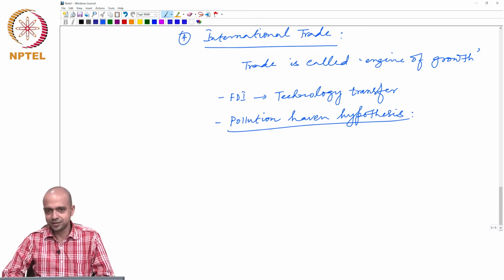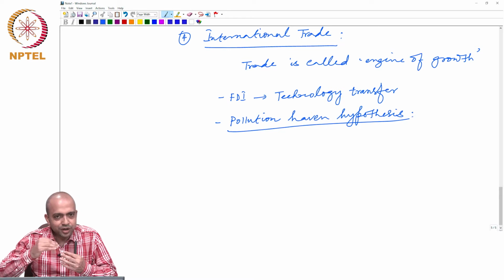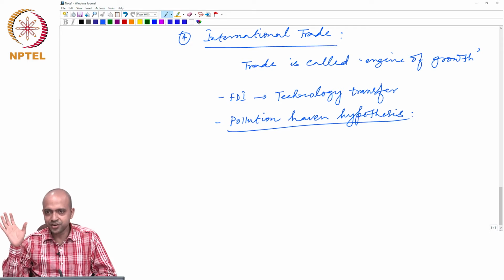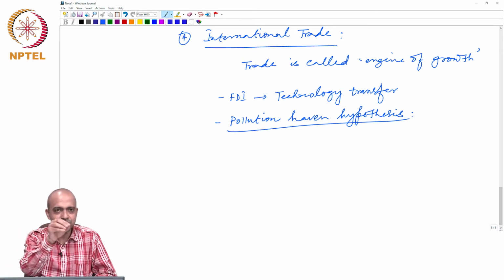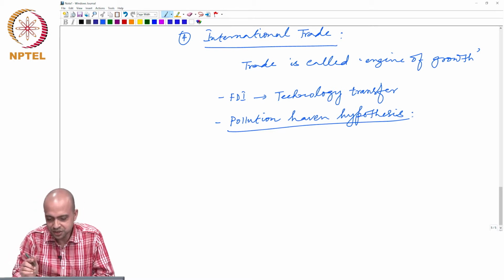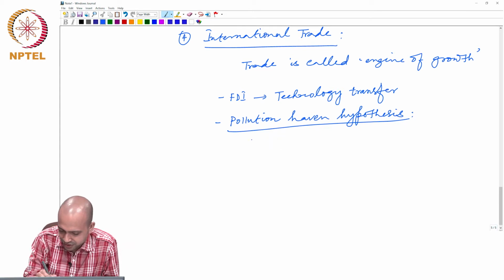On the other hand, developed nations have already achieved a certain per capita level of income, so the environmental standard is quite high in those economies. Now, what happens when, through trade, those developed economies try to relocate their dirty industries into these developing nations? So that means dirty industries